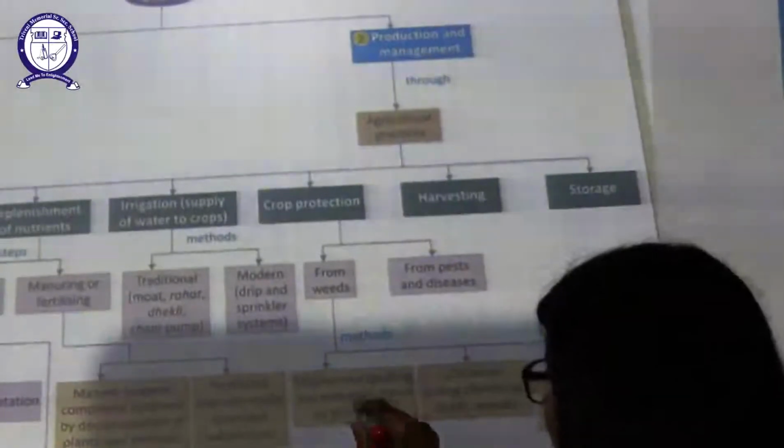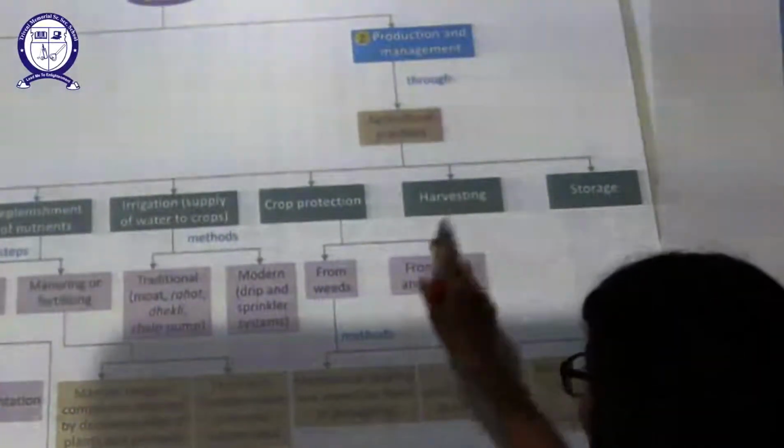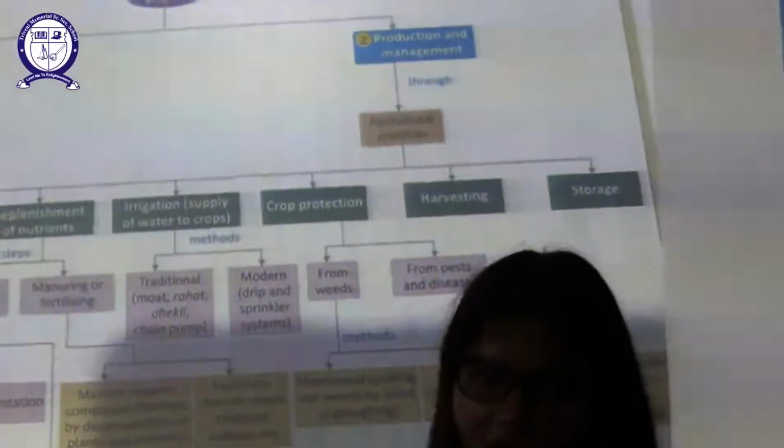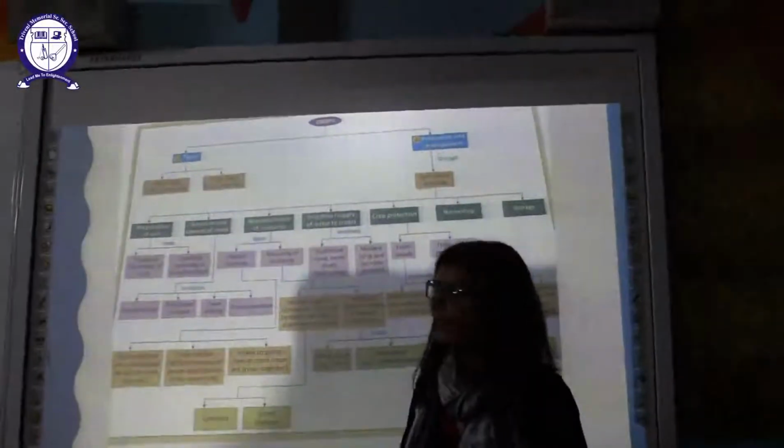From weeds, we have studied various methods by which we can remove them, and then harvesting, and in the last we have studied the storage of the crop. Okay, storage. So this chapter is over. Go through it. Now let us